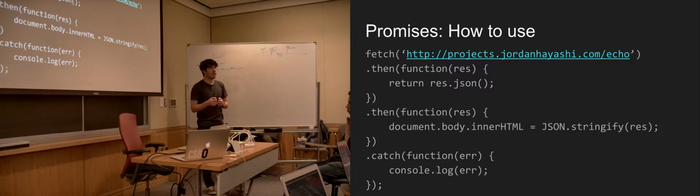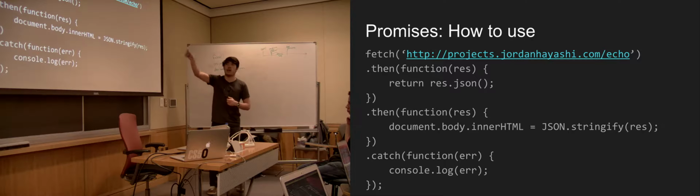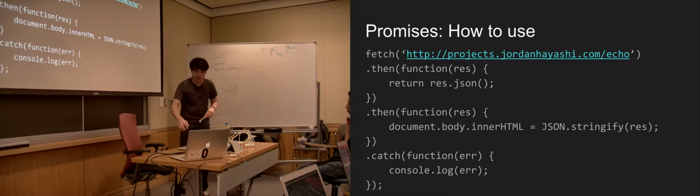Does that kind of make sense to people? You'll see this structure quite often every time you make a fetch call. Okay? All right, so let's try to